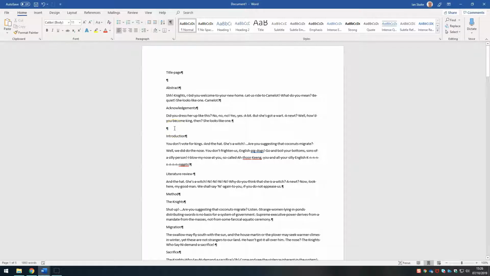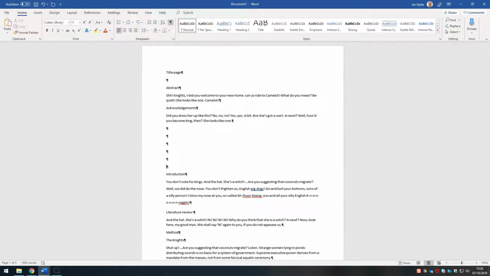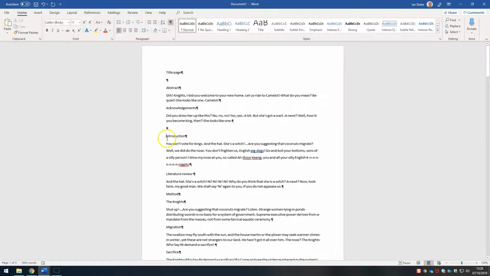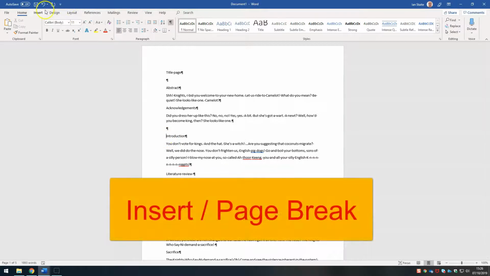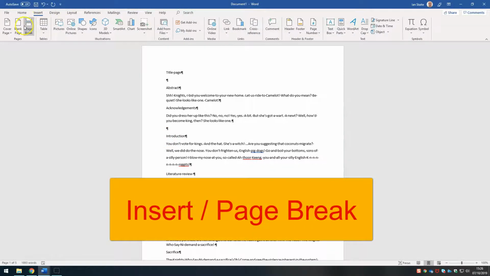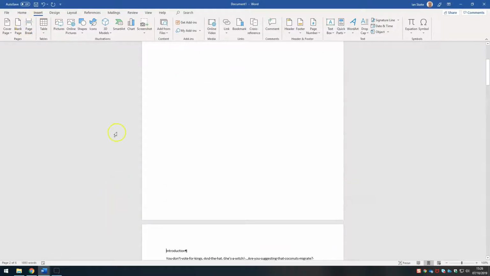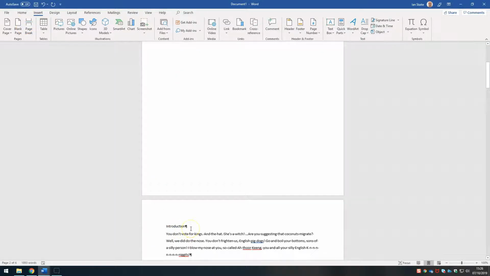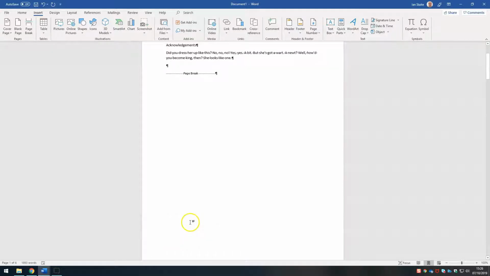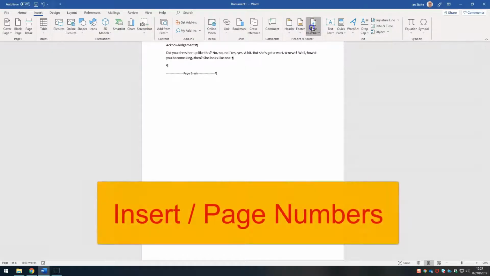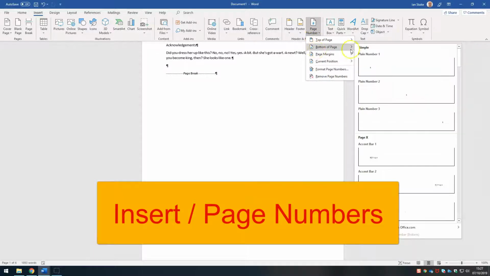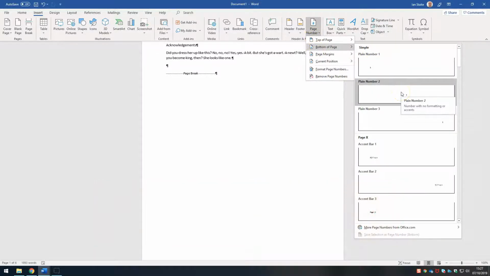If you need a section to start on a new page, don't just press the return key lots of times, as this will create problems later on if you make the paragraphs above shorter or longer. The better way to do things is to get just before the thing you want on a new page and use Insert and Page Break. That guarantees that this will be at the top of a new page, regardless of how long the material above is. Also on the Insert menu is the Page Number command to add page numbers to the bottom or top